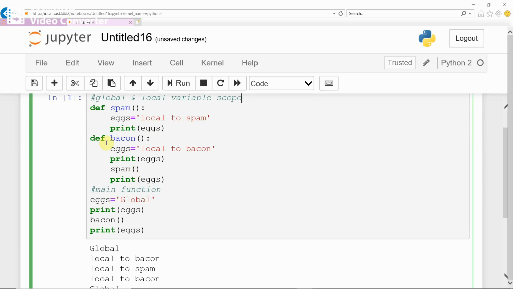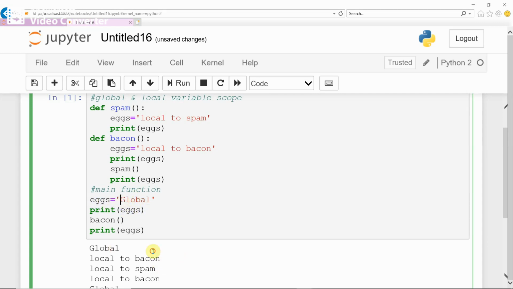As I said, the main function has x equal to global, correct? In the main function there is a global variable called x and you are going to print x. Therefore you start from the main function, and it prints the global x.